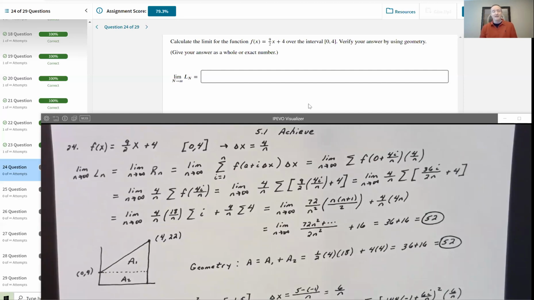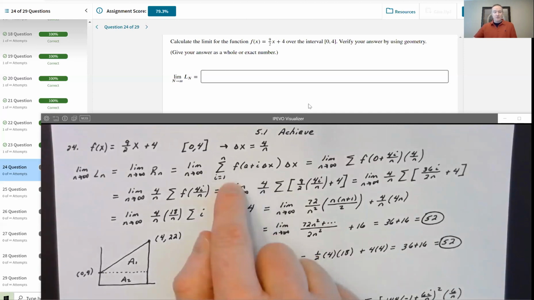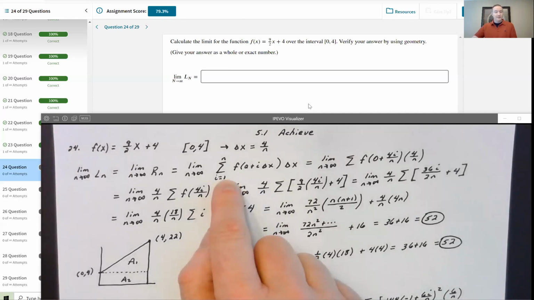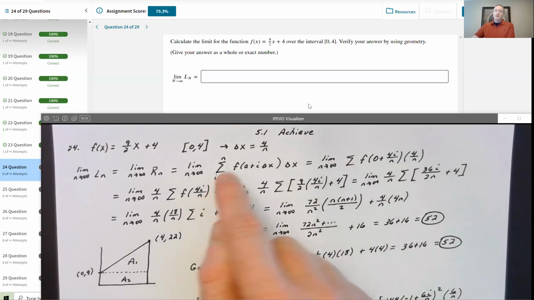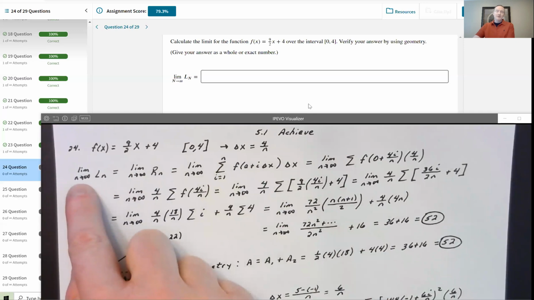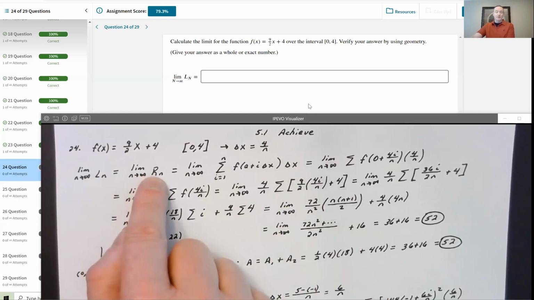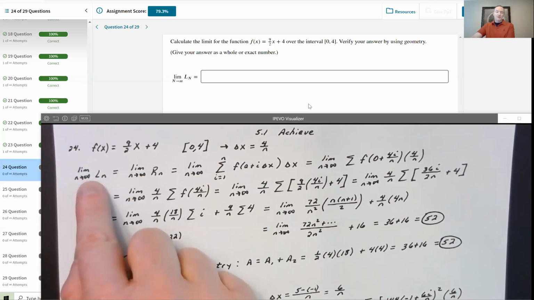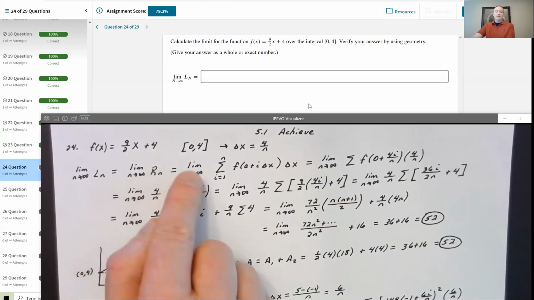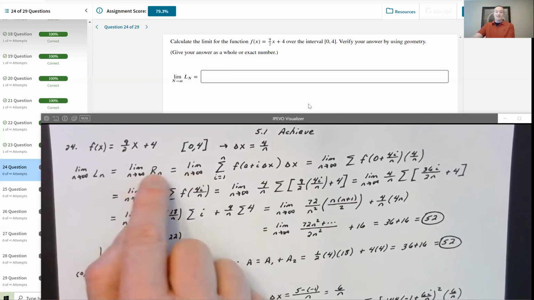Now, in this case, it's wanting the left-hand rectangle rule with infinitely many rectangles. I always prefer to use the right-hand rectangle rule because my summation formulas start at 1. They don't start at 0 like the left-hand rule starts at 0. So I know that the answer as n approaches infinity of the left-hand rule and the right-hand rule are the same. So why bother starting at 0 if we don't have to? No reason. I know that they give me the same answer,